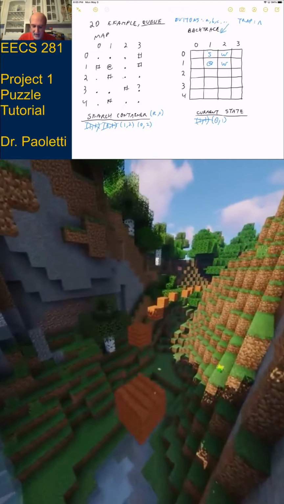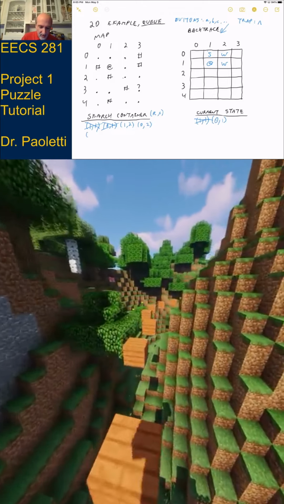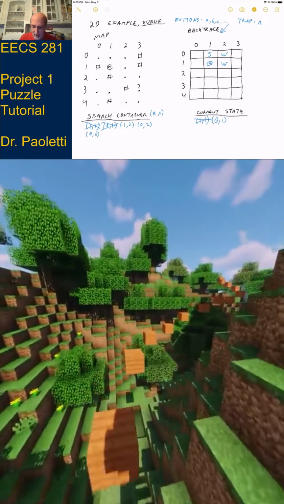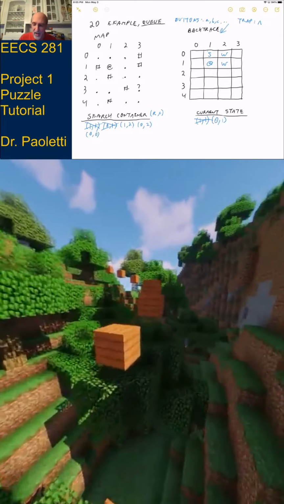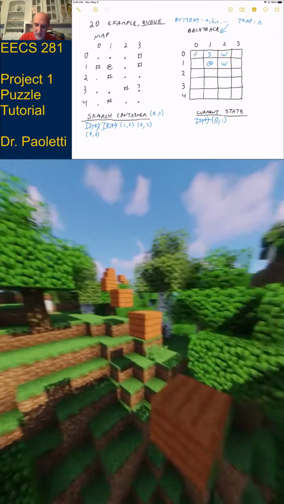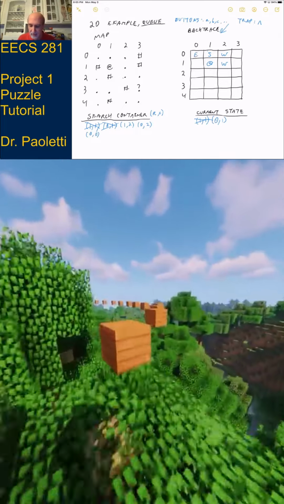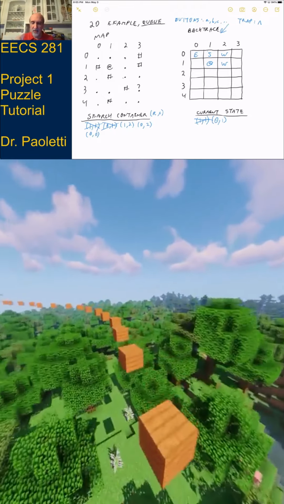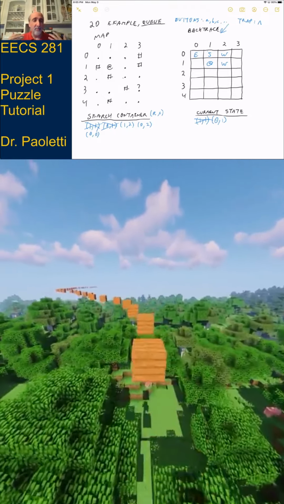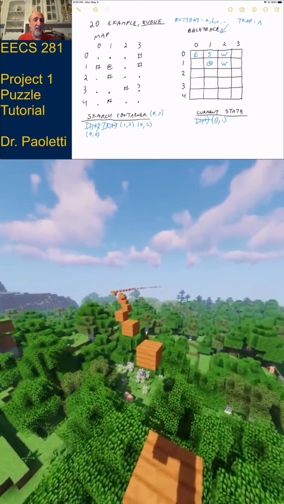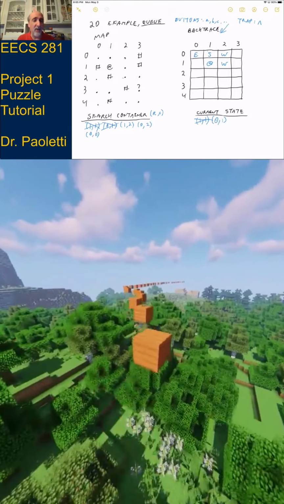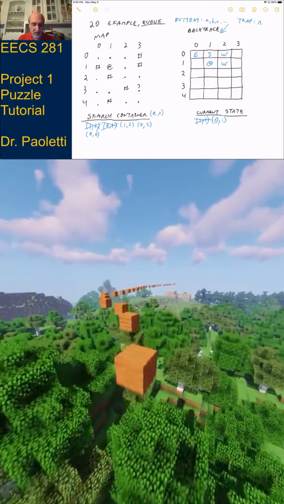So I've got to add 0, 0 to my queue. All right, and I've got to mark how I got here. I got here from the east. Okay, so I've checked northeast, southwest. I've checked everything around me. I'm done investigating this location. I haven't found the target, so go back through the loop.